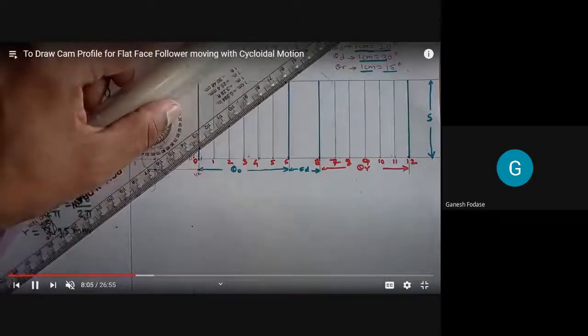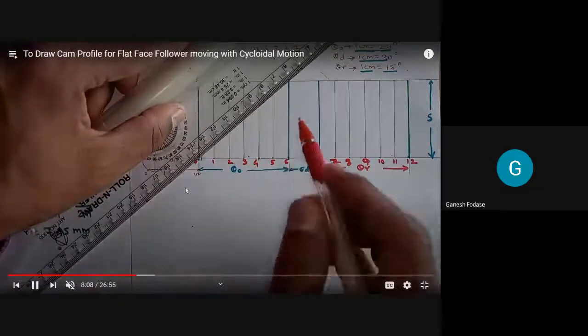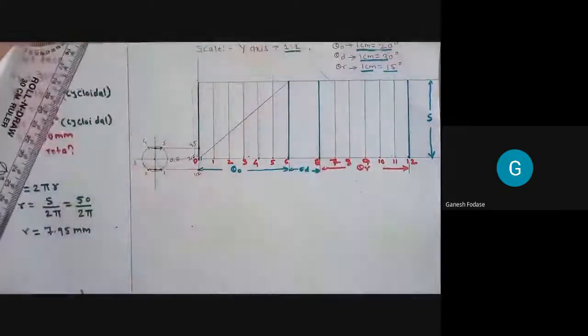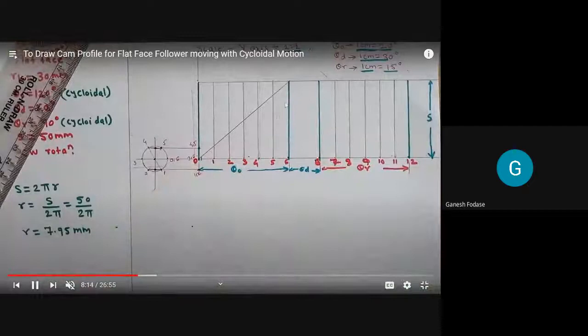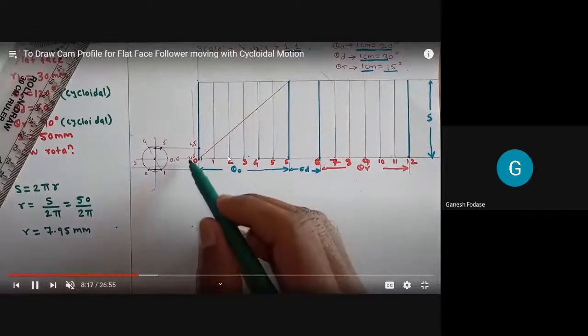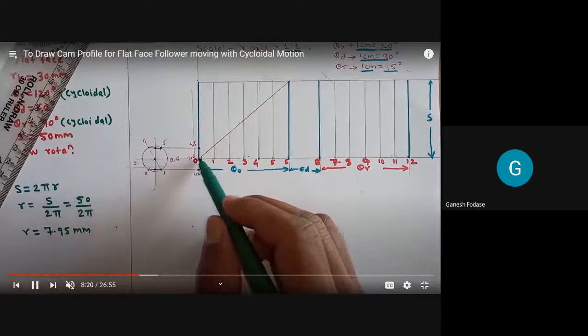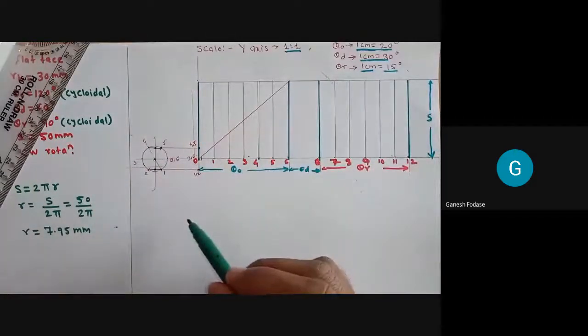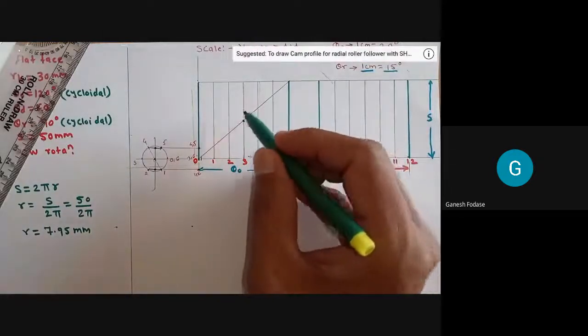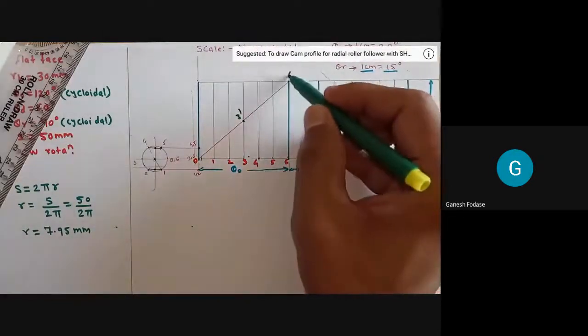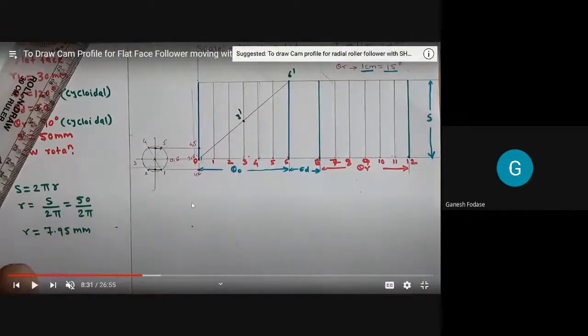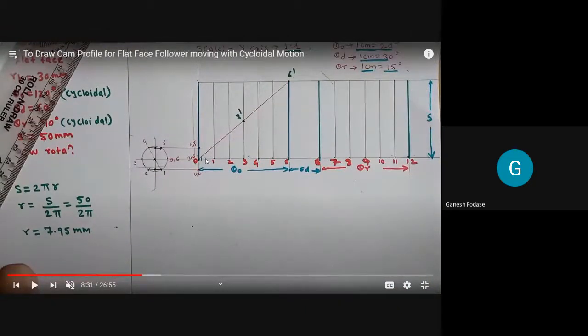We need to join the diagonal. So join this diagonal with opposite corners. So this is a centered diagonal joining two opposite corners of the rise stroke. Now after getting this diagonal, what we'll do next is, you can see, why it is 3 dash. On this diagonal we mark 3 dash and 6 dash. Why is it so? You can see here on this diagonal, at this point we project 2 points, 3 and 6. So the projection of 3 and 6 is lying on this diagonal, passing through the diagonal. So you can see here it is 0.